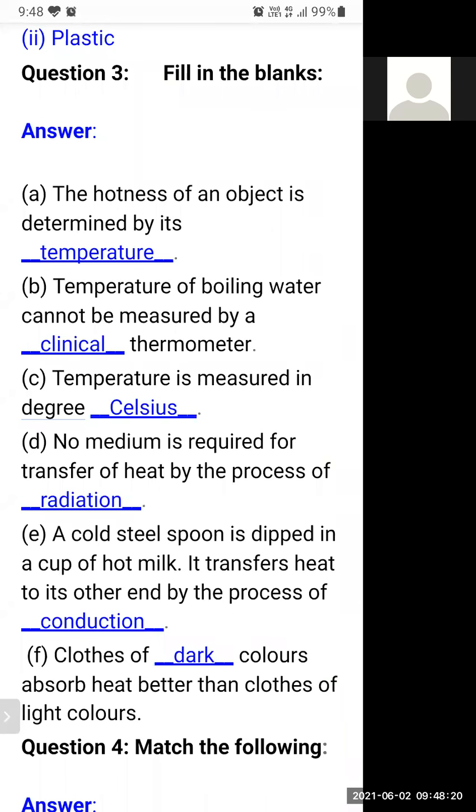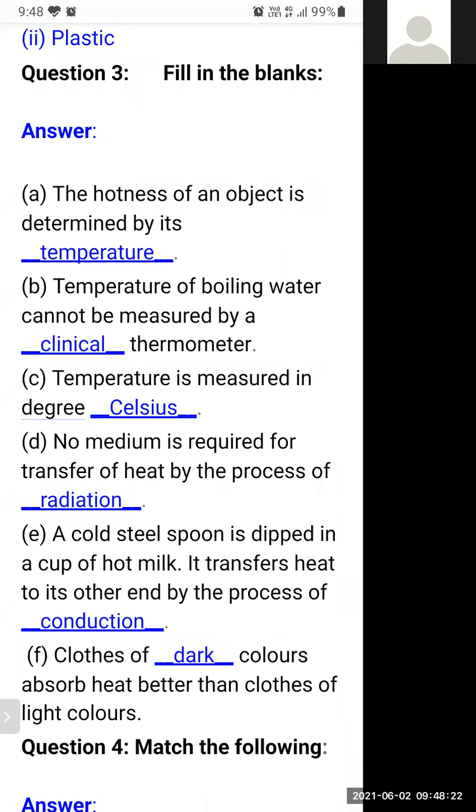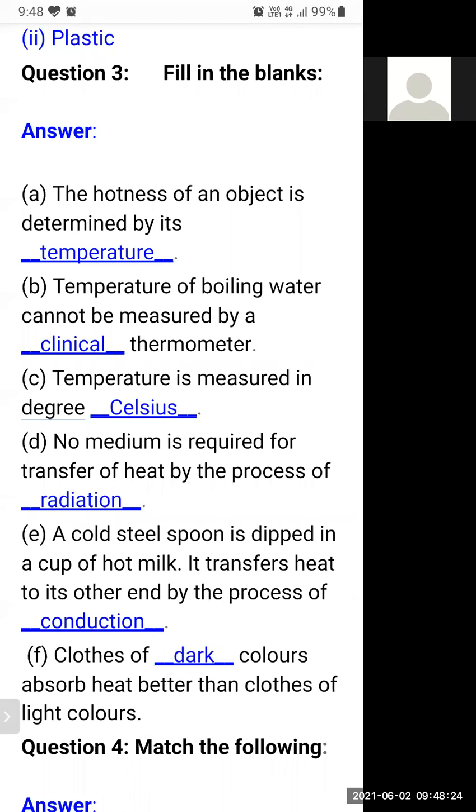Okay, students. Now you are getting my point about the manner in which the UT1 exam will be conducted. It will be totally MCQ type. E part: a cold steel spoon is dipped in a cup of hot milk. It transfers heat to its other end by the process of...